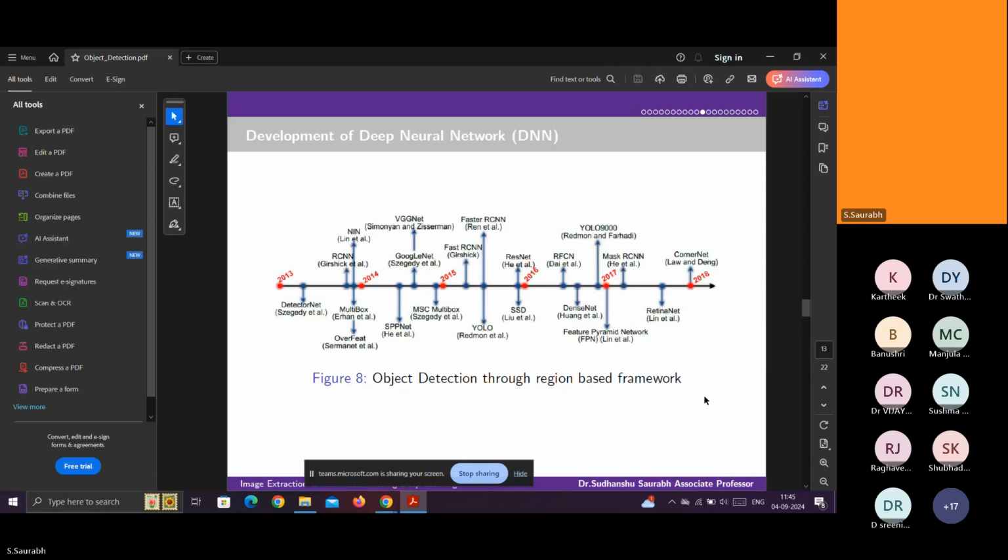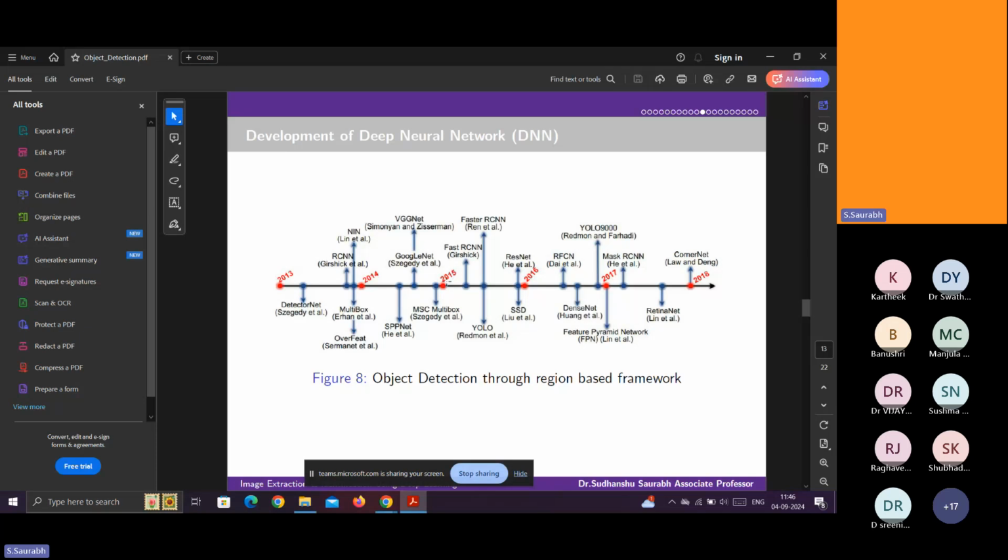So it is better to go for RCNN, VGG Net, YOLO, Mask RCNN. This YOLO 9000 and this YOLO, it is better to use YOLO. Don't go to the other models, better to use the Redmon model only. So these are the deep neural networks used for object detection.